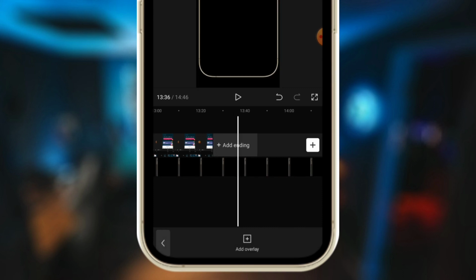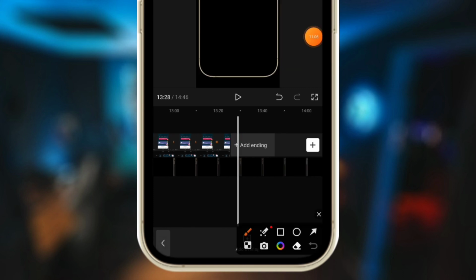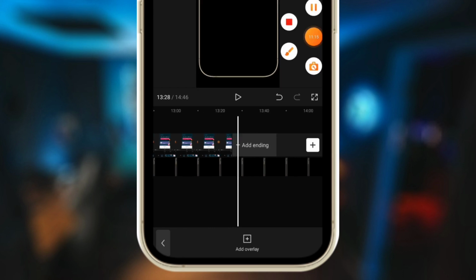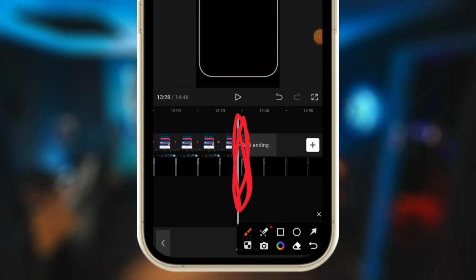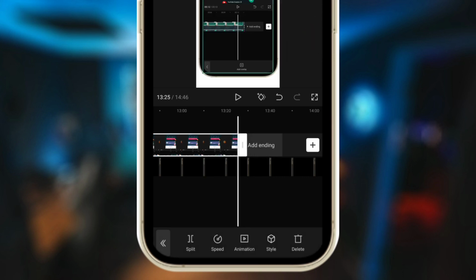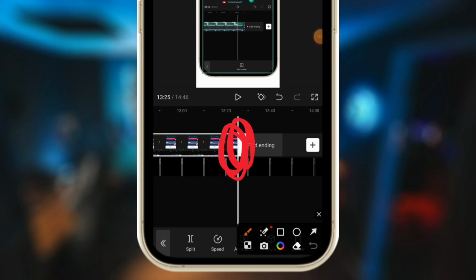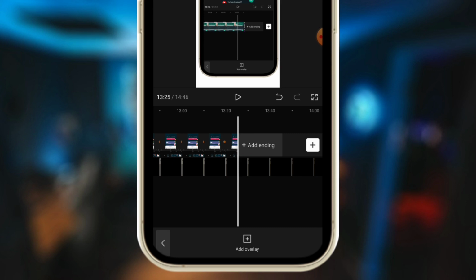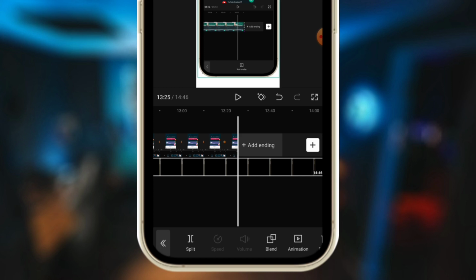And what you can do to make sure both the layer that carries the smartphone and the layer of your clip end at the same spot is by making sure that you take the cursor, this video cursor, far away from the end of the clip. Once you take it far away from the end of the clip, then you are going to click on the clip right here. If you click on the clip, you see that the cursor is going to go to the end of the clip by itself, hoping that you want to do something on the clip, but you just want to make sure that both the clip and the layer, that is the layer holding the smartphone, end on the